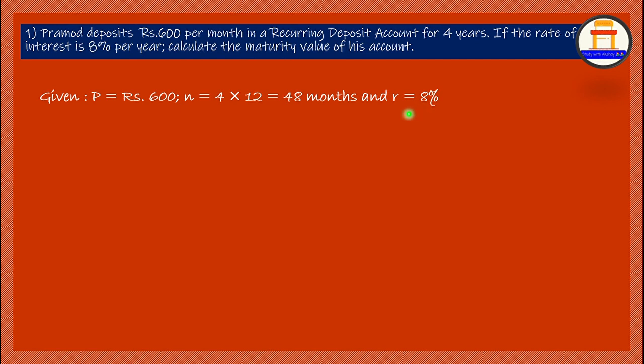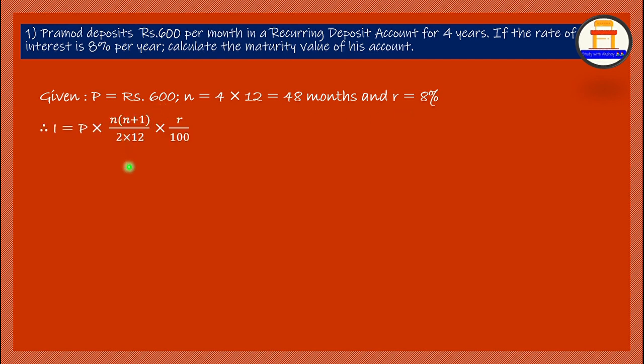You can use both the formulas, one finding the interest and then finding the maturity value, or directly the maturity value formula. So in both the cases, you will be getting the answer, right? I will be solving it in a detailed way so that the other students will not get confused about the steps.